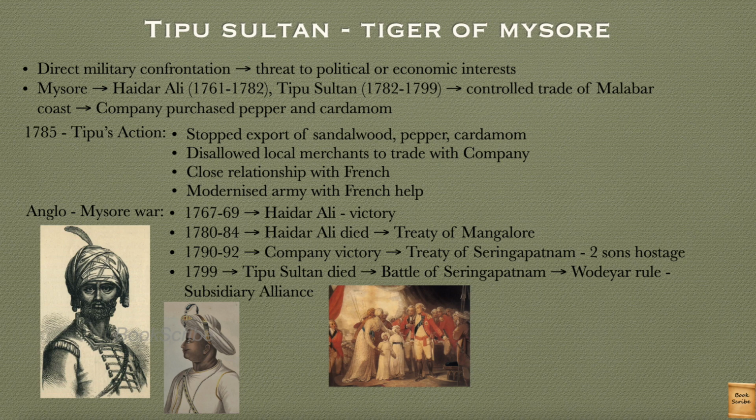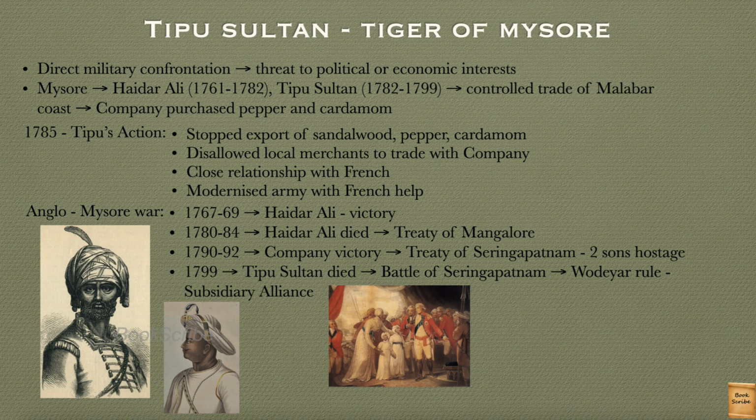One such example is Mysore. Mysore was ruled by two powerful kings, Hyder Ali and Tipu Sultan. Hyder Ali ruled from 1761 to 1782 and Tipu Sultan ruled from 1782 to 1799. One thing was common between both: both were powerful and known for their bravery and valor. At the same time, both were martyred on the battlefield, defending their country, the kingdom.